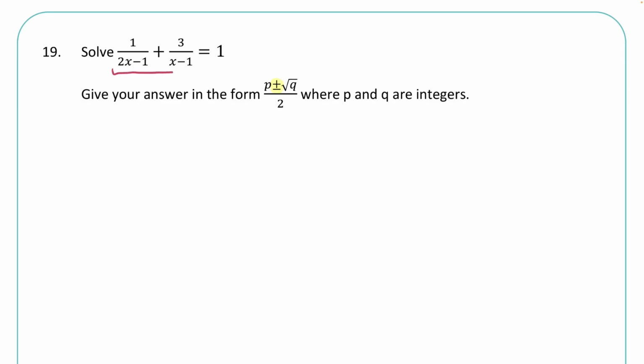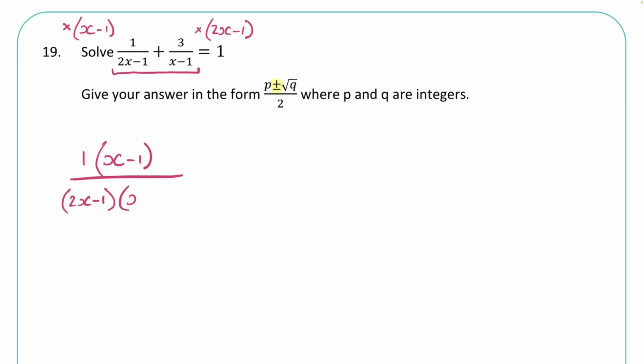So just looking at this first bit to start with, we need to make a common denominator. So we're going to times the left fraction by the right denominator, x minus 1, and we're going to times this right fraction by that left denominator, 2x minus 1. Now when we do that, we get 1 times x minus 1 on the numerator of the left fraction, and we'll have a double bracket, 2x minus 1, x minus 1. I'm going to add that to 3 lots of 2x minus 1 over that common denominator,